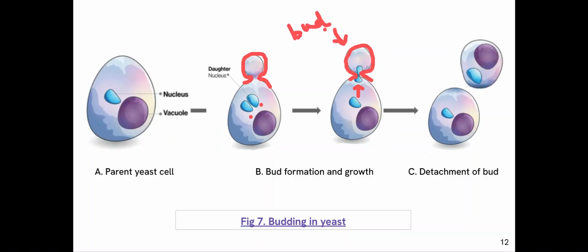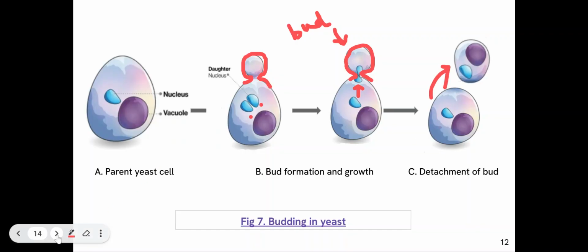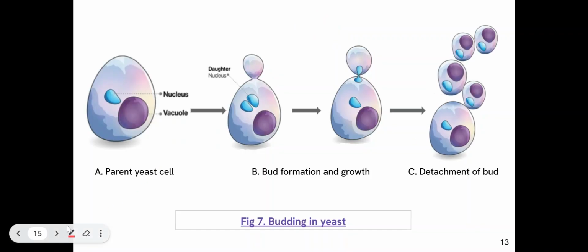And once the nucleus has been duplicated, one of the nuclei is sent into this outgrowth, into this bud. The bud, along with its cytoplasm and nucleus, vacuoles, and all other cell organelles, needs to be duplicated and sent to the outgrowth. It grows and develops to form a new individual, and it detaches itself from the parent yeast cell. A similar concept also takes place in certain fungal organisms.